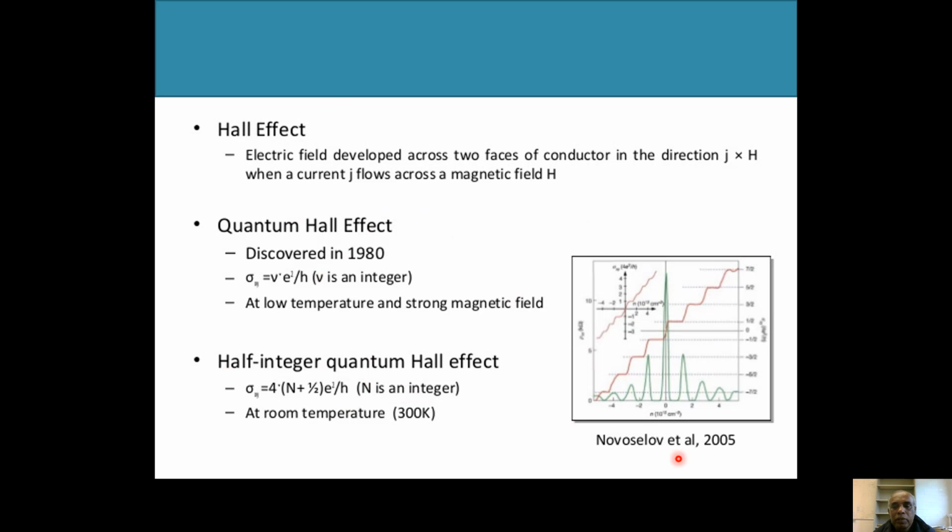Later, in 2005, they found something we discussed, called the half integer quantum Hall effect. Typically we have this expression, but now when you have something called pseudo spin, with an additional half coming from the spin of the pseudo spin, you get this kind of half integer quantum Hall effect. These are all new orders of states, not resulting from standard symmetry breaking phenomena.